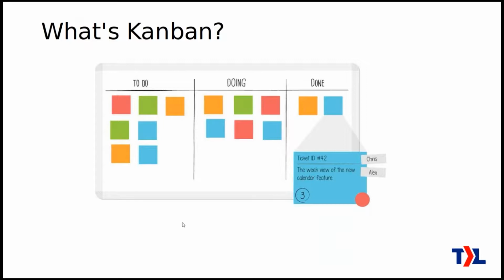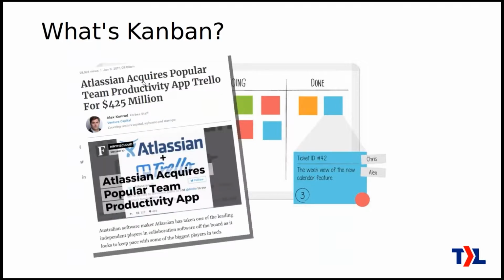Another term is pull versus push, which kind of reflects in Kanban: the engineers choose when they're ready to take on more work instead of dispatchers choosing exactly what they should work on, which is kind of pushing work to the engineers. In the IT space, it's more that the engineers see what work needs to be done and they decide when they're able to start on new work. It has been quite widely adopted in software development over the last 10 or 20 years, and now it's becoming known in many other industries, IT and others. In fact, if you've heard of Trello, it's probably the most well-known Kanban sort of application.